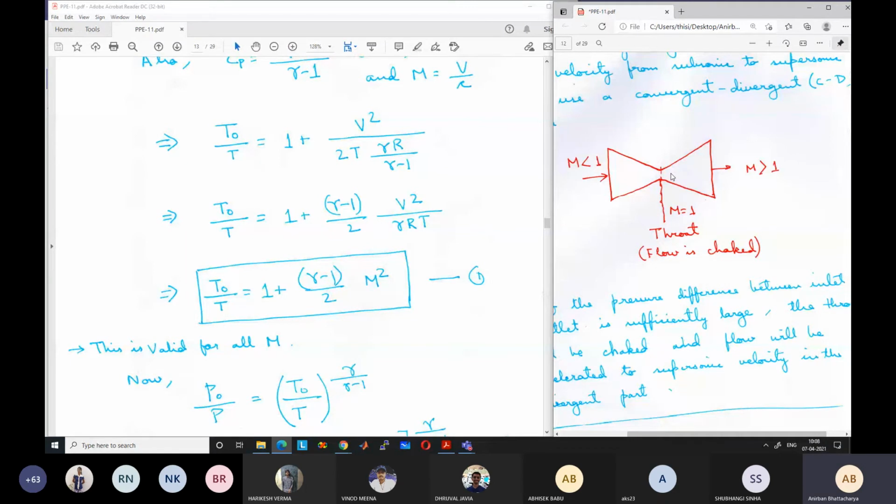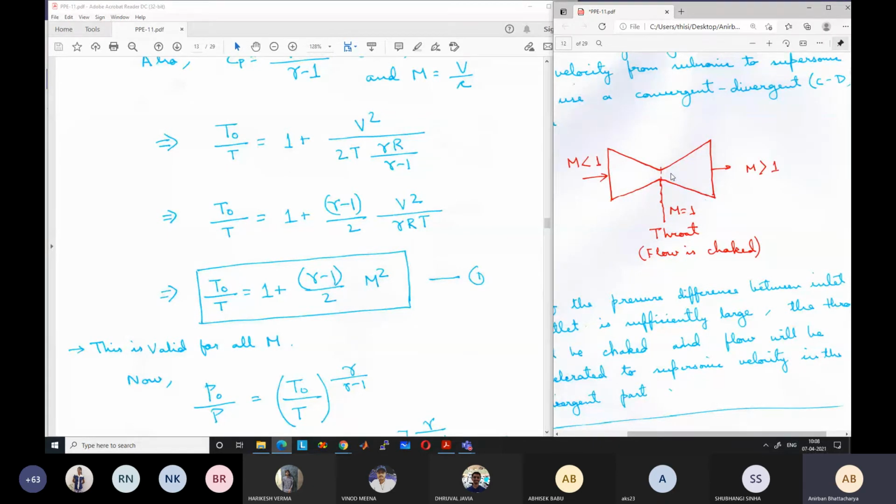What will happen is that the kinetic energy that is first present in the fluid will get converted to enthalpy, means it will get converted to temperature. This kinetic energy of the bulk fluid will basically increase the temperature. Velocity will go to zero and that kinetic energy will increase the enthalpy or temperature. So this temperature that we will get when the velocity becomes zero is known as stagnation temperature.